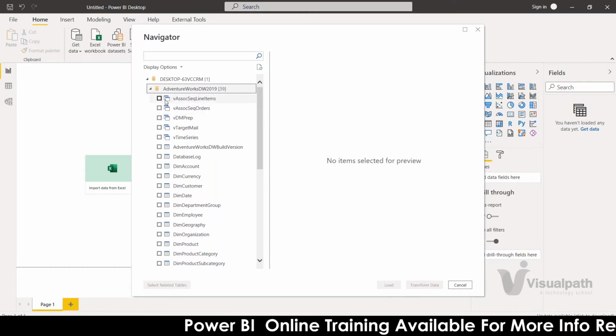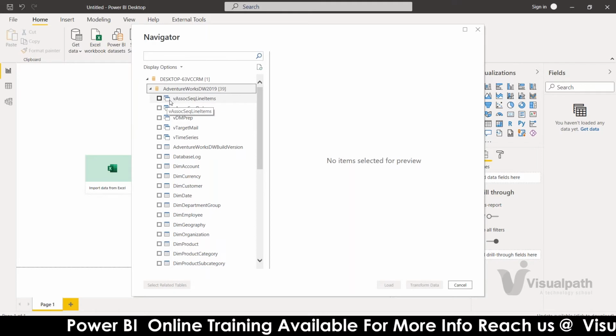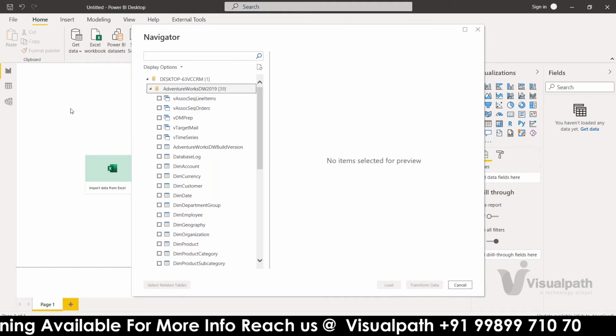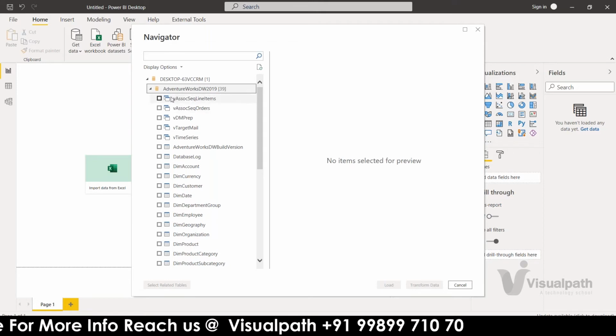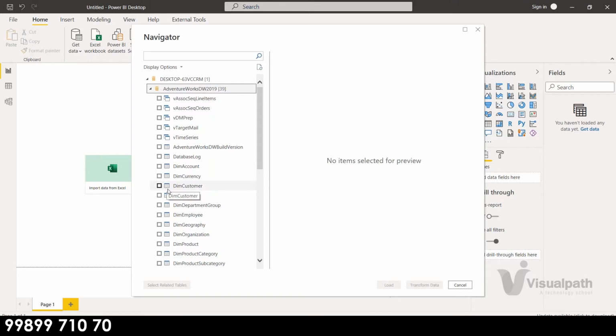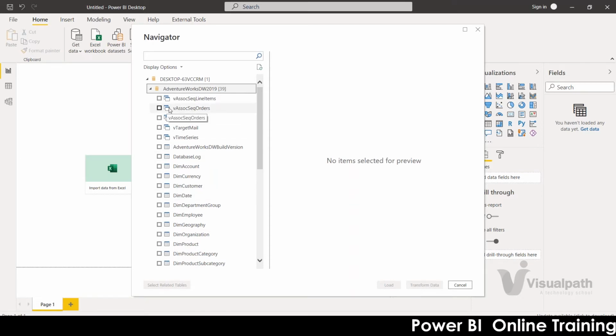These first 5 are views, and views are denoted in this format. A table is identified in this format. So if it is blank, it's a view. If it is in this format, it's a table.